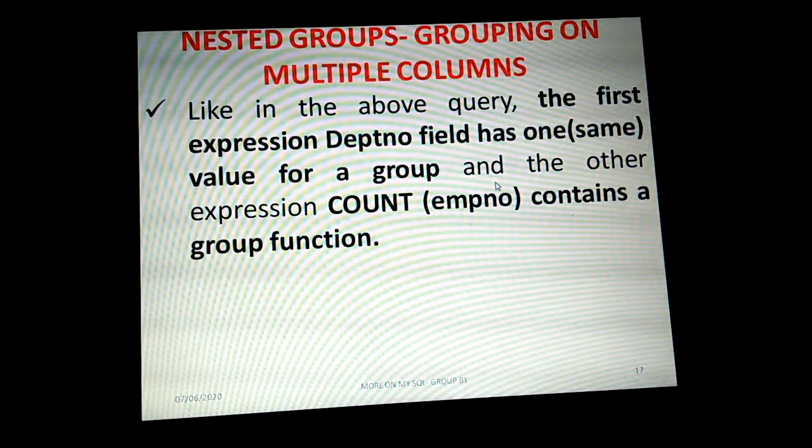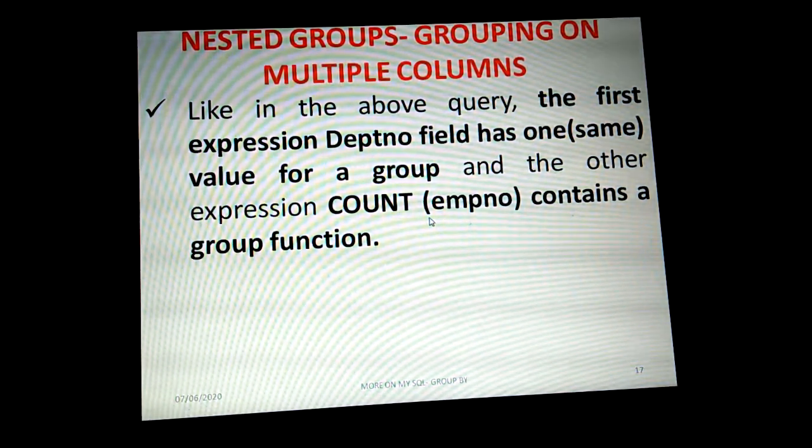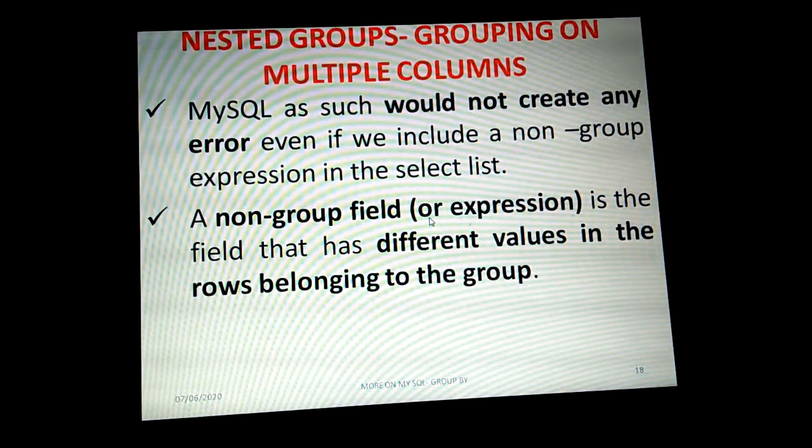Like in the above query, the first expression, the DEPT number field, has the same value for a group, and the other expression contains a group function. So one is a similar-value field, and the other is an aggregate function. We can take either of these or both in a select statement for a GROUP BY clause.